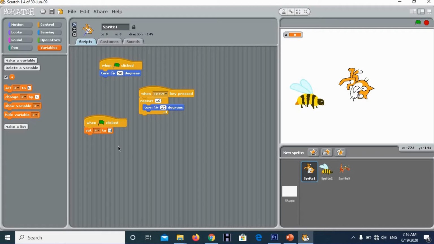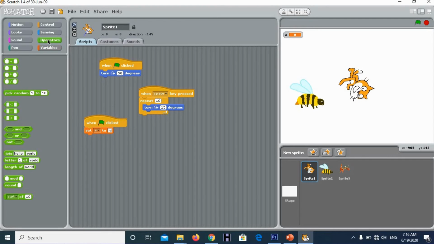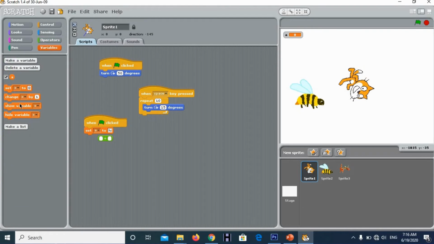So just like I am printing, what we can do is go to the operator section and you can print join hello. Like this we can perform certain operations, right? So alternatively, we can also print a set of values. To print the values, use show variable. So inside it we can have this control line, right?